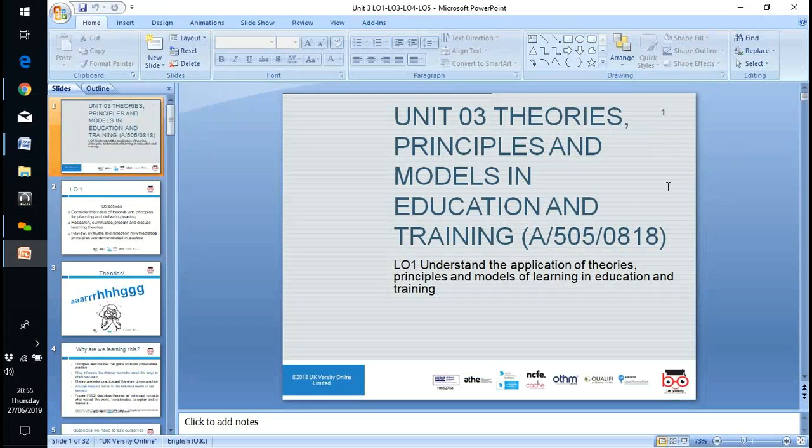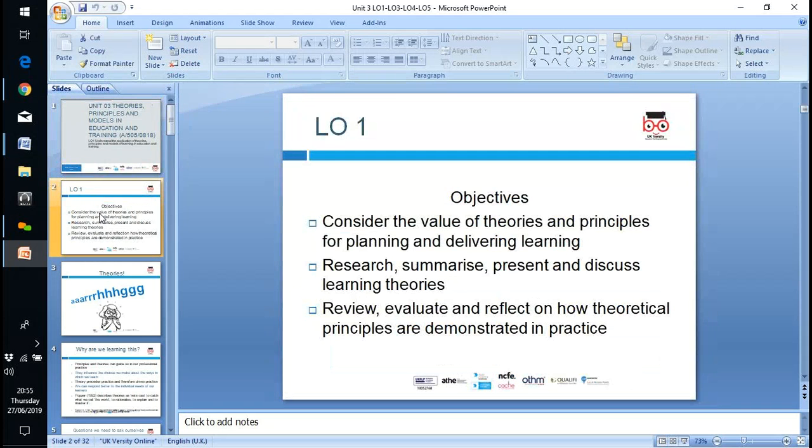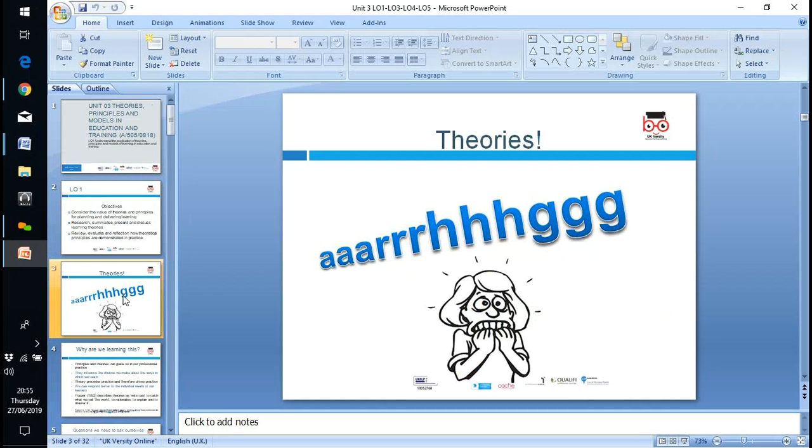So it's Unit 3, Theories and Principles and Models of Education and Learning. So LO1, what are the objectives? Consider the value of theories and principles. Research, summarise, present and discuss learning theories. Review, evaluate and reflect on how theoretical principles are demonstrated or can be demonstrated in practice. So at this point, most learners are going,